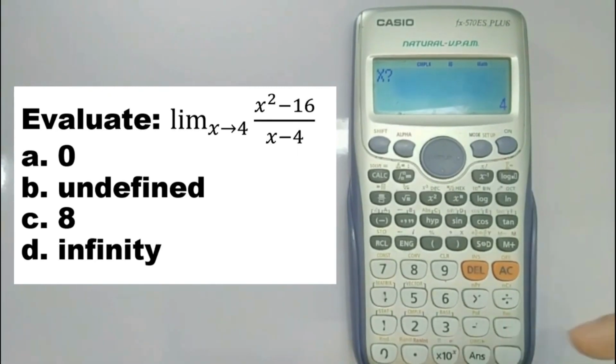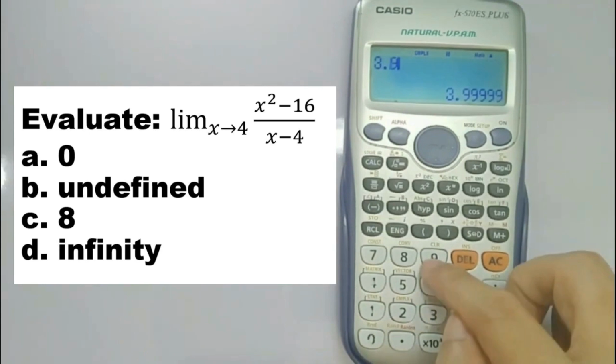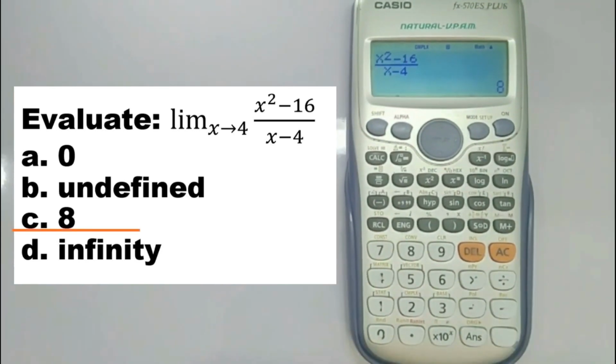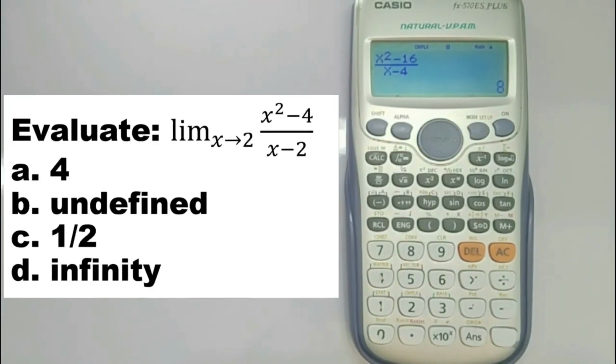So, it's either 3.999 or 4.111. So, marami 9. So, you have here 8. So, that is the limit. Next problem, guys, we have here, find the limit of x squared minus 4 all over